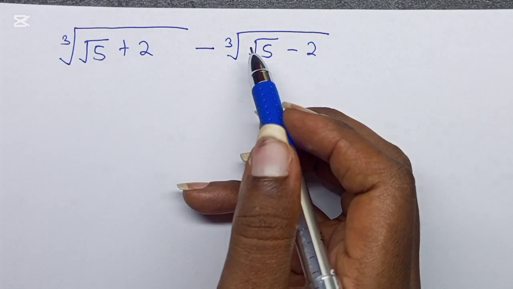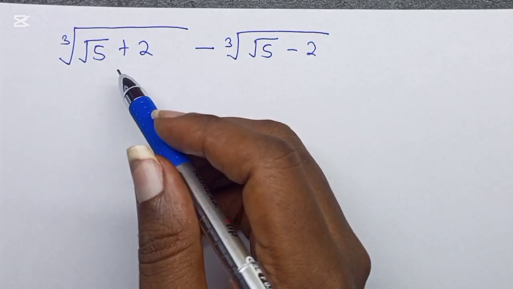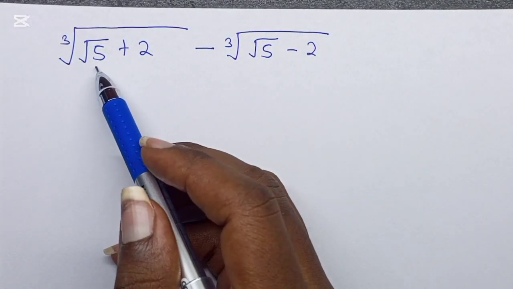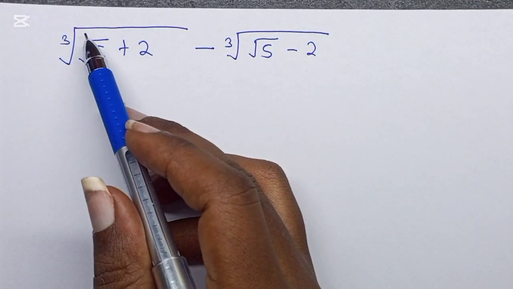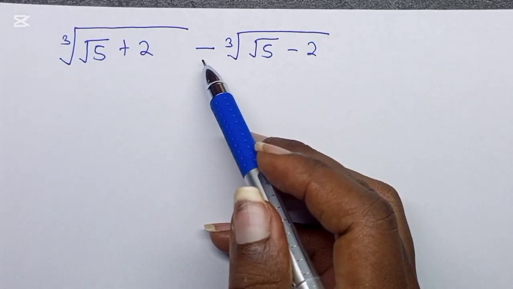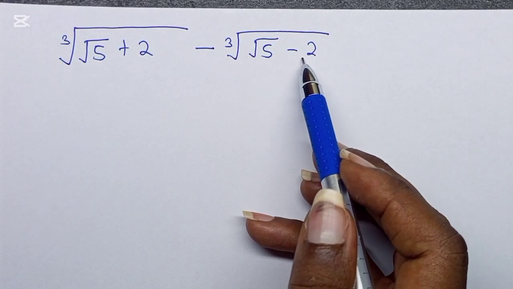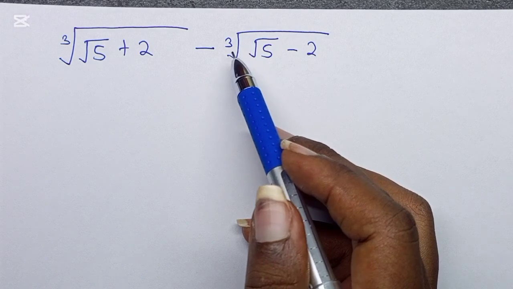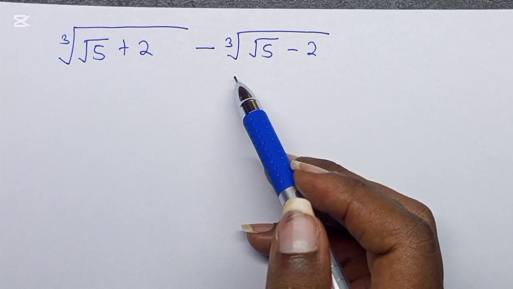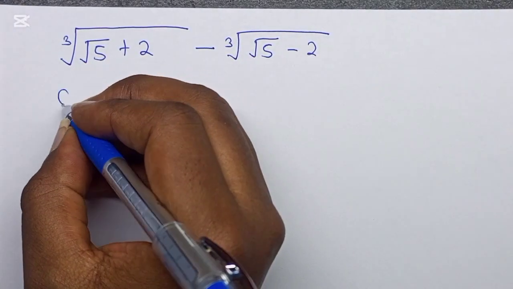We've been given this. We are required to simplify. So we have the cube root of root 5 plus 2, minus the cube root of root 5 minus 2. So the solution,